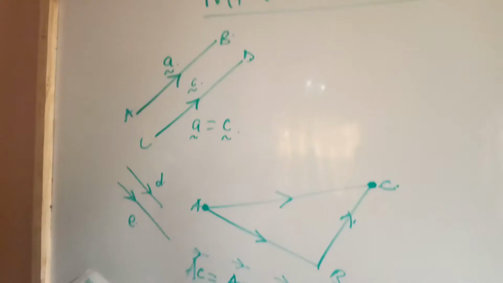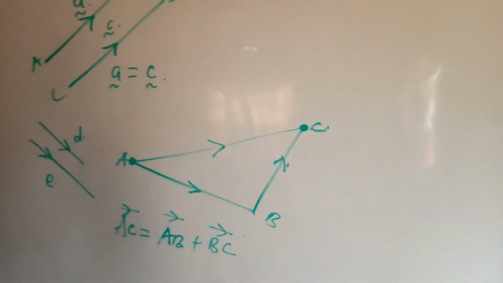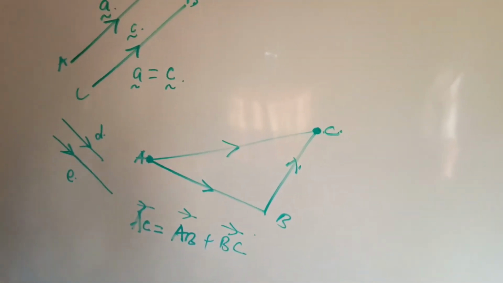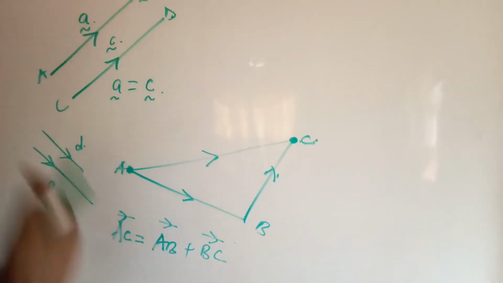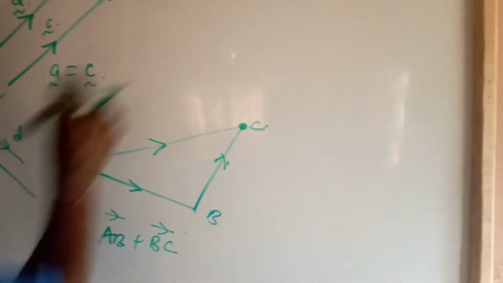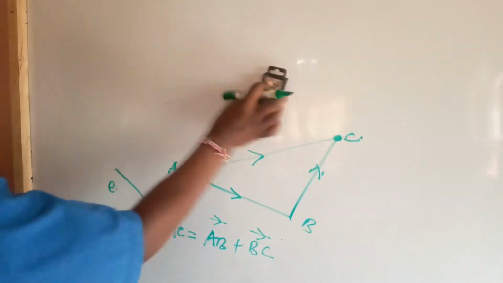Let us quickly go to example 3 and find out what we are expected to do in an attempt to use all this information that you have acquired. Before we go to example 3, it is important to highlight that a vector is simply explaining movement. So there is always a point of origin and there is always a point of termination. And example 3 says